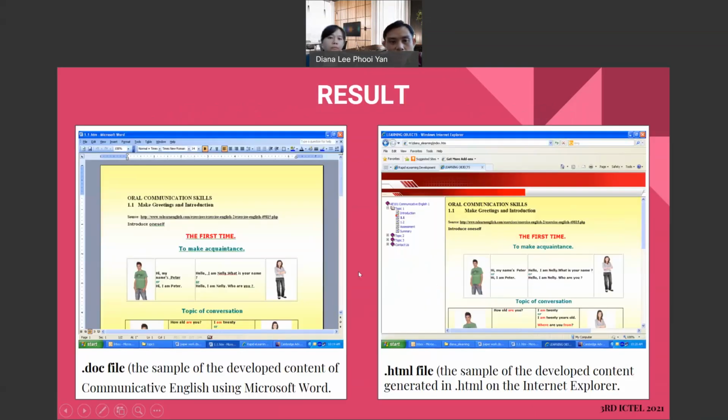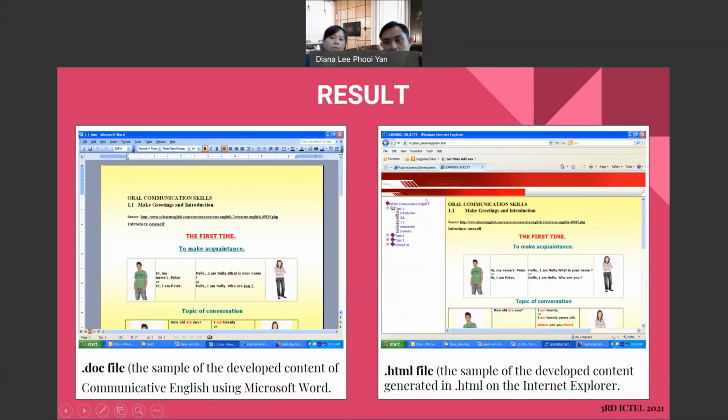Here we can see on this screen two different files I share with you. One is the doc file, Microsoft Word, and it appears like this, the sample of developed content of communicative English using Microsoft Word.